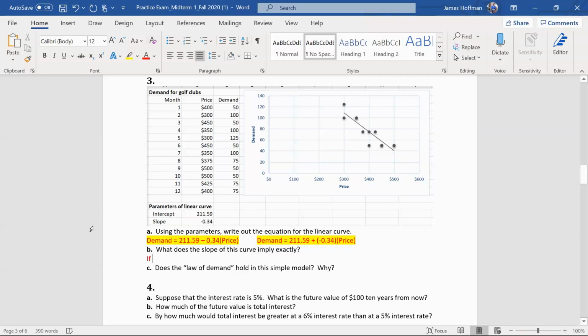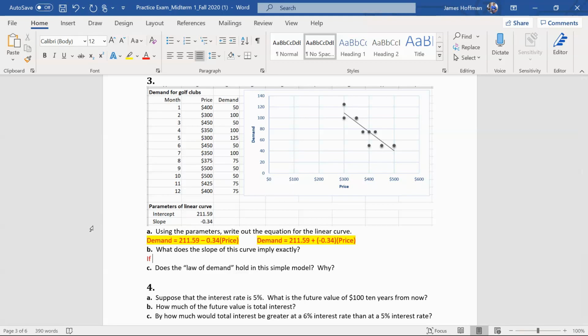Okay, so we're interpreting the coefficient of negative 0.34, which is exactly the effect of a 1 unit change in the x variable on the y variable. So let's start by saying if...